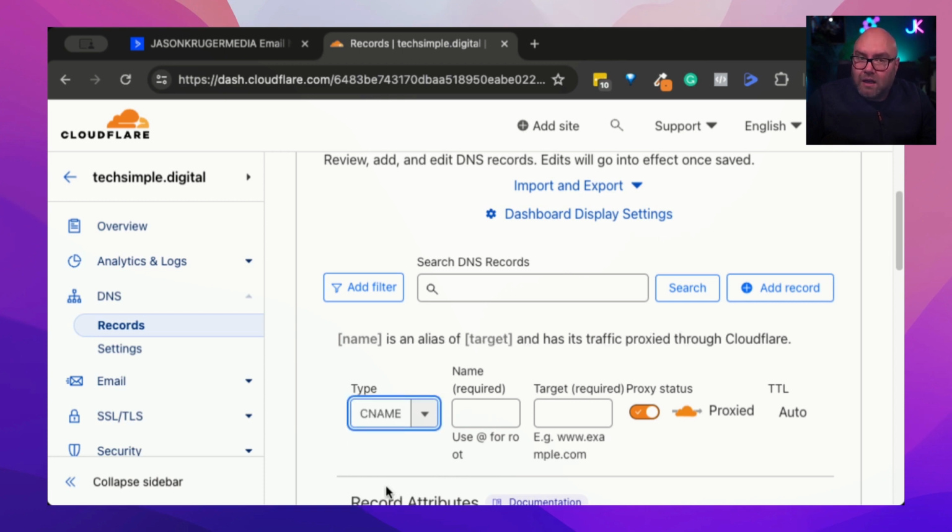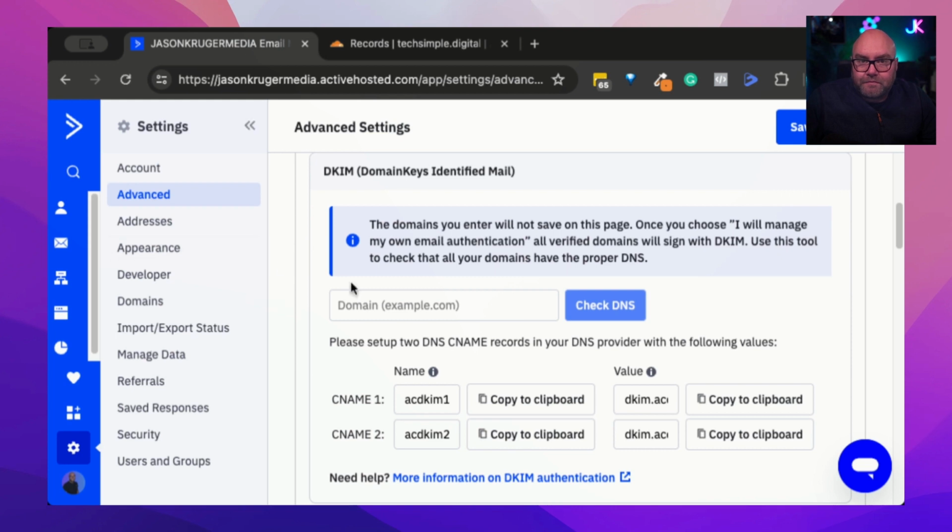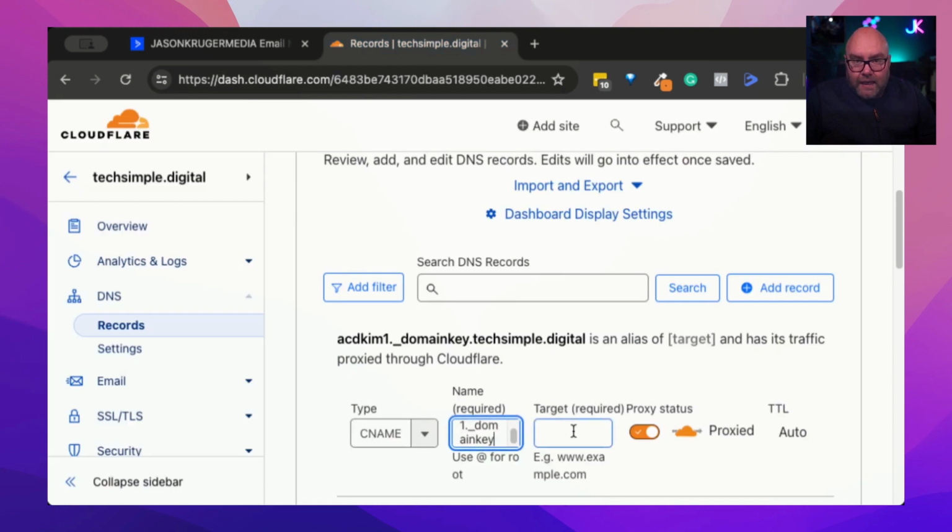Now, it might look slightly different wherever you have to do this, but what you want to do is set up some CNAME records. So making sure that this is set to CNAME. Then it's got this first bit, which is the name, and this is where I'm going to paste that first bit in. I'm going to go back, and I'm going to copy this second bit, the value, to the clipboard. I'm going to go back and click in this box here where it says target,